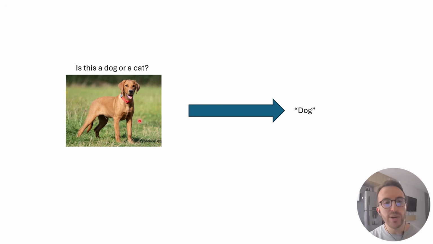And then you show all these examples to the computer, and the computer can learn to kind of find patterns such that you can then show it a new picture of a dog that wasn't in the training set, and it will successfully determine that that's a dog. And in this video, I'm going to explain how that works.